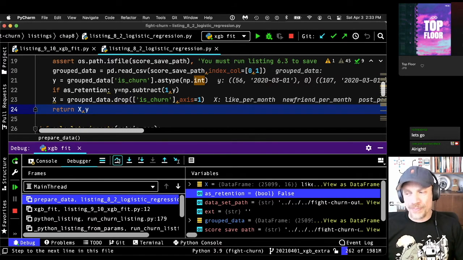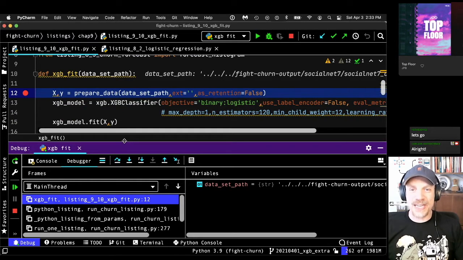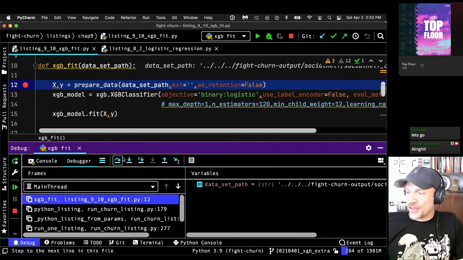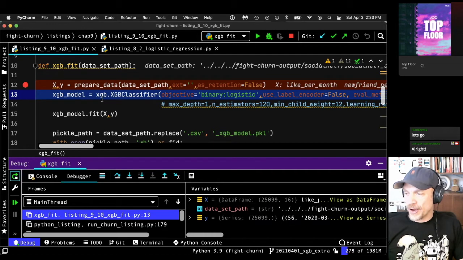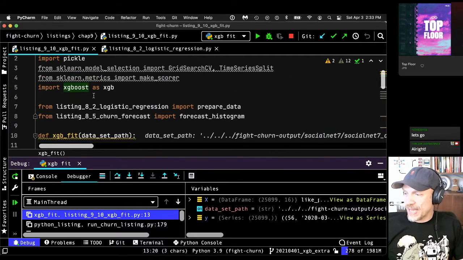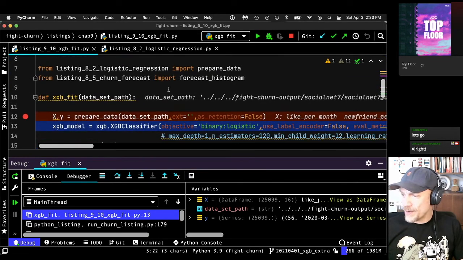This is very common, in this kind of situation where you have a data set, but you have one file that has both your prediction variables, which is the metrics or features, and the outcome variable. If you're a statistician, you would call those the independent variables, which are the metrics or features, and the dependent variable, which is the outcome. But anyway, so now we've got those separated out, and now we create the XGBoost classifier, and this is coming from the XGBoost package here. Looks like I have a few extra packages there, but we'll just ignore that for now.